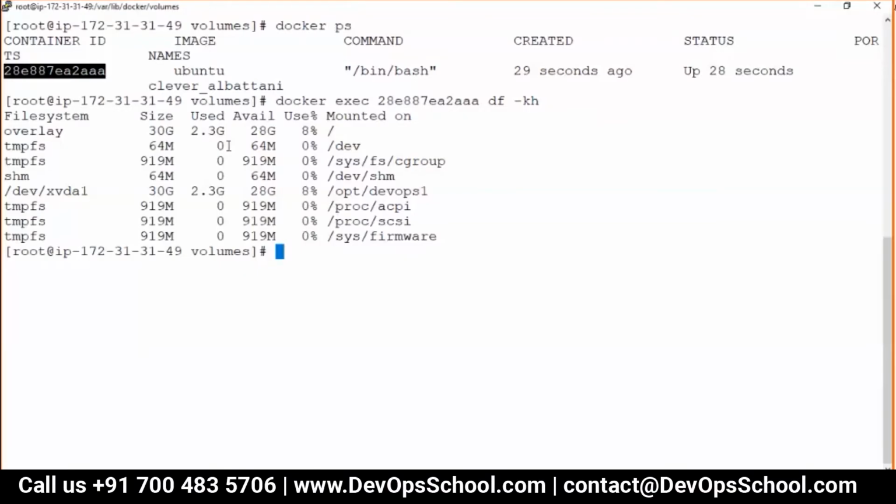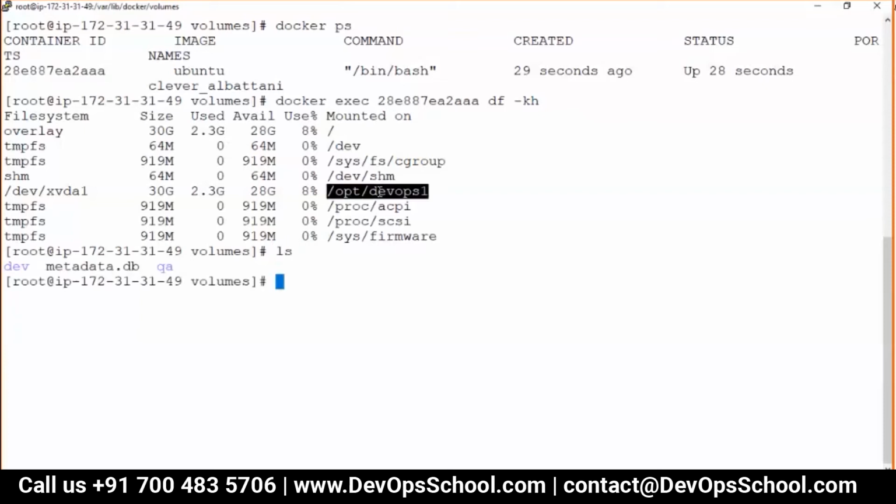Did it get mounted? Yes, dev XP dev. Yes. Can I see here local dev? Can I do one thing? Can I write a file over there? Same command, guys, and here I will touch the path, that is the path, and here I will type Rajesh1.txt.